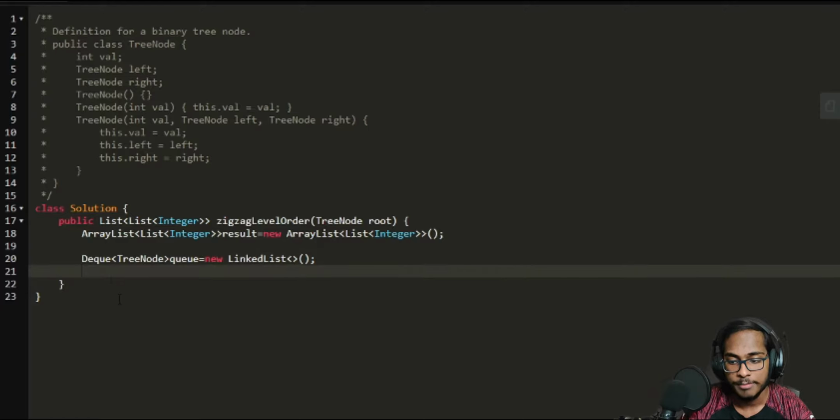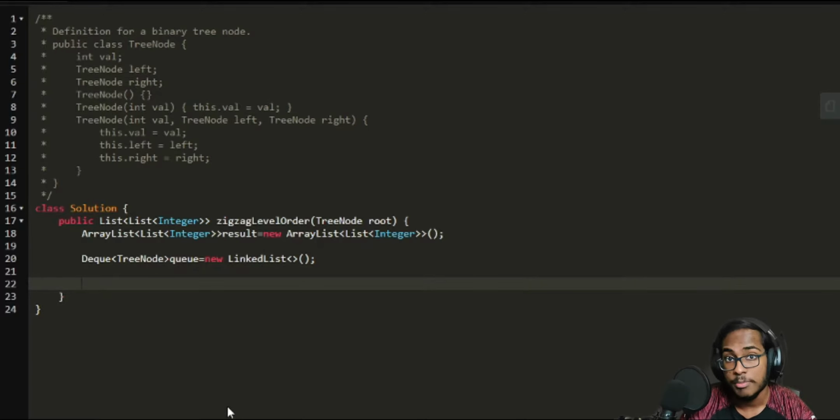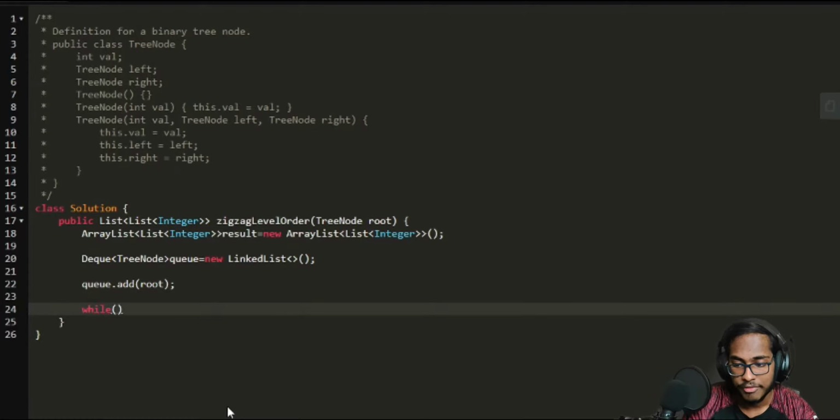Now moving on, we're gonna do the breadth first search, right? So we have to declare a while loop while the queue is not empty. First we are gonna declare it starting from the root node. So we first need to add root node to the queue. I'm gonna say queue.add root. Now after this we'll begin the while loop, and the while loop is gonna keep running until the queue is empty. So while queue is not empty,